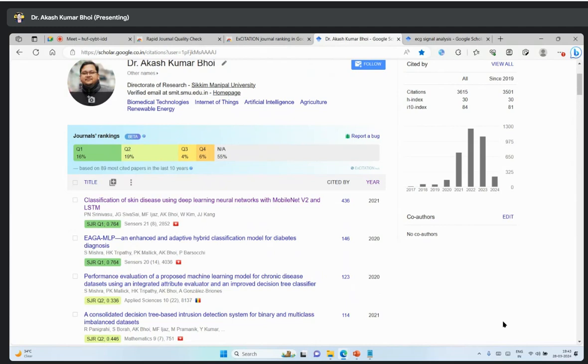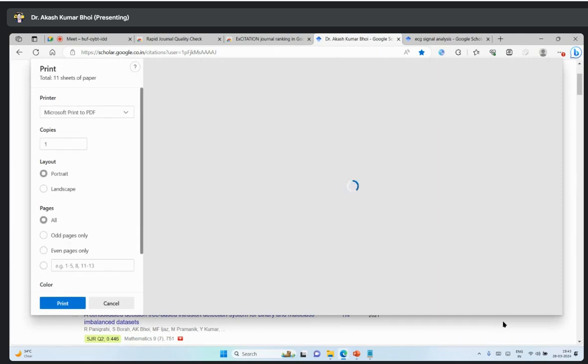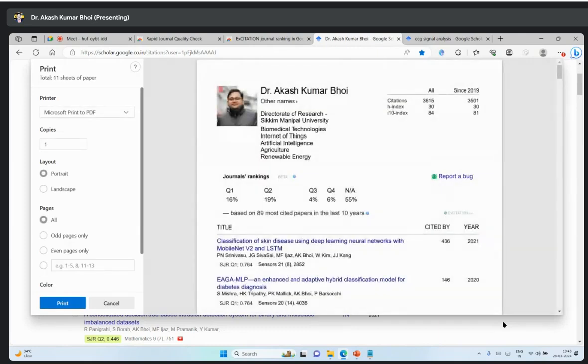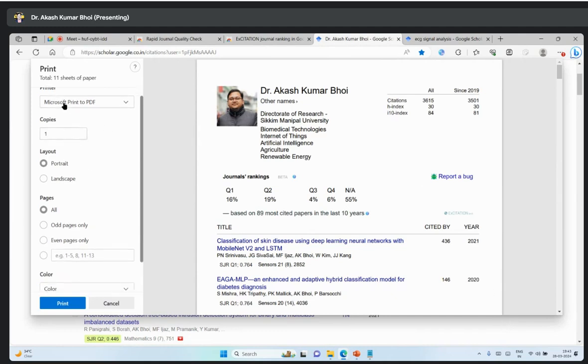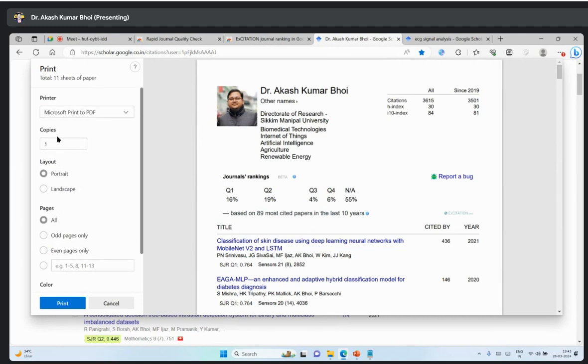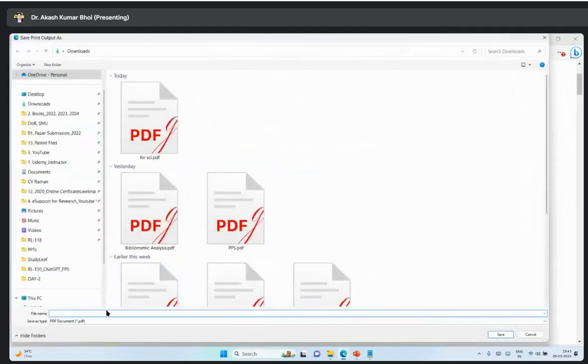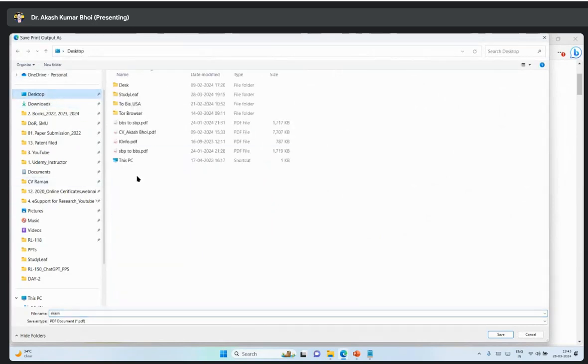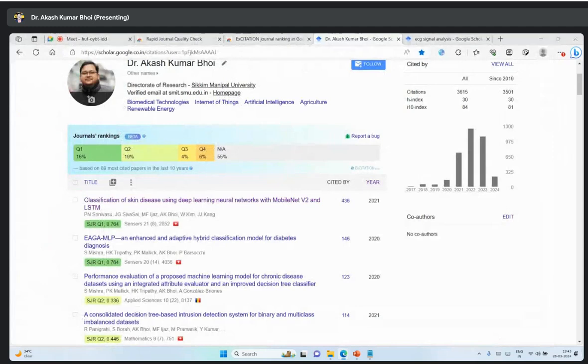Simply what I will do, let me just print this page, even that quality, rapid quality check, whatever we did. So if I just go and print it, I can save it to PDF, through Microsoft Print to PDF. That is normally now it is being installed. And if I just like to keep it, let me keep it in desktop, and